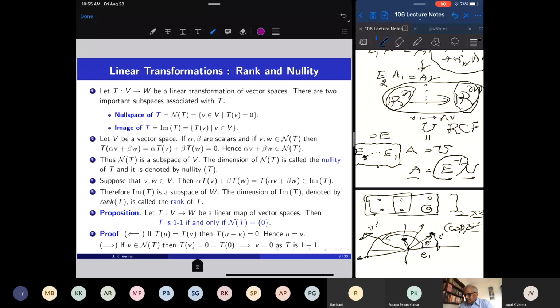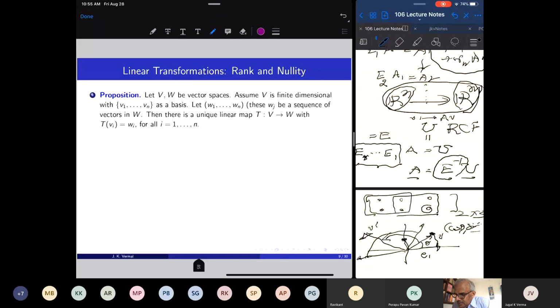Okay, our time is finished, and we will prove next time the connection between rank and nullity of a linear transformation. We will prove the rank nullity theorem for linear transformations which are acting on a finite dimensional vector space. We will show that the rank and nullity of a linear transformation add up to the dimension of the domain space. Exactly the same statement that we proved for matrices.